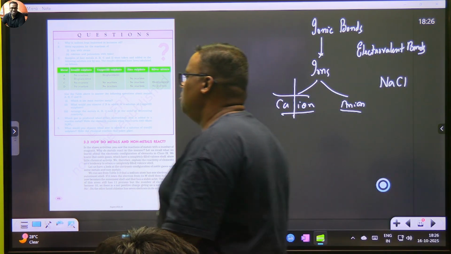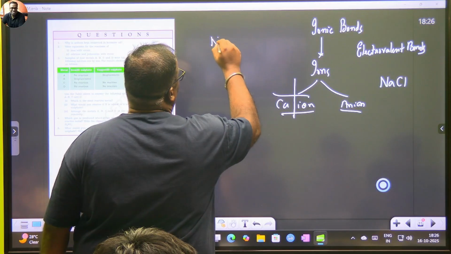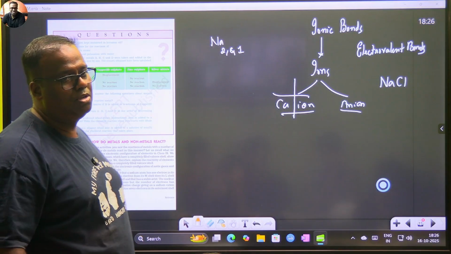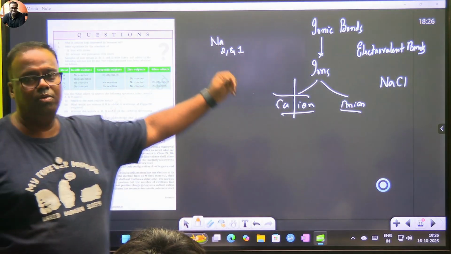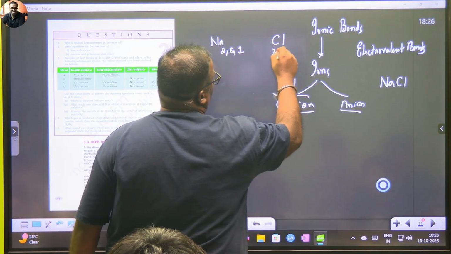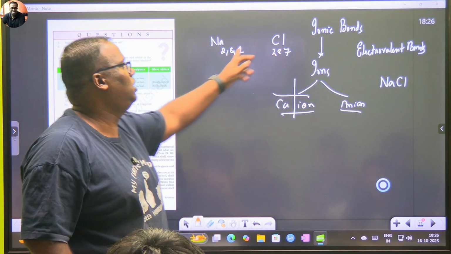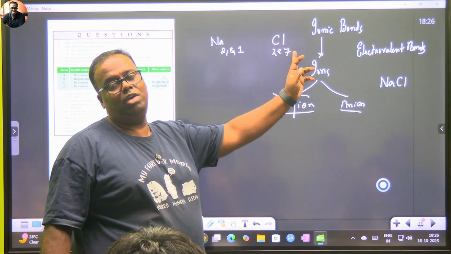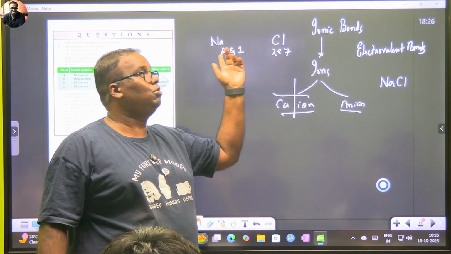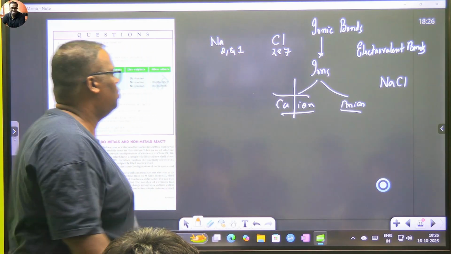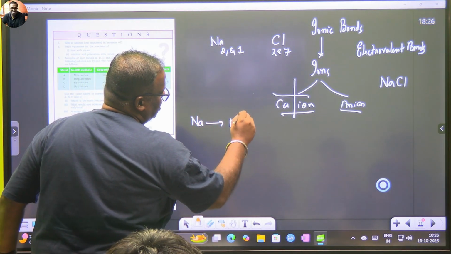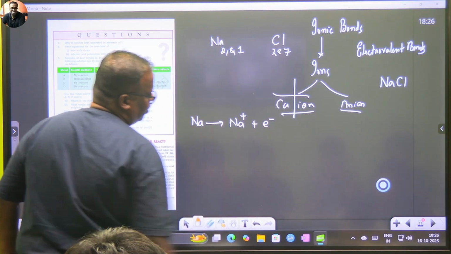Let's take some small example and try to see. Na has an electronic configuration of 2, 8, 1, right? So either it needs 7 electrons or somebody has to take away this 1 electron. So Na starts looking for a suitable partner, which is 2, 8, 7 chlorine. Chlorine will take this 1 electron and become 2, 8, 8, and it will have the electronic configuration of argon, the good boy in its colony. Sodium will become 2, 8, the good boy of the previous colony, that is neon. So if we look at sodium, sodium will become sodium plus and lose 1 electron.